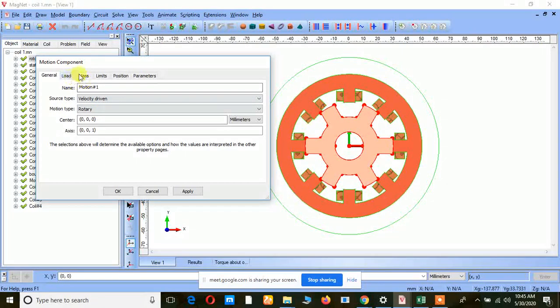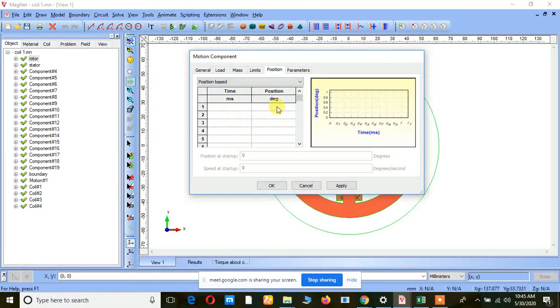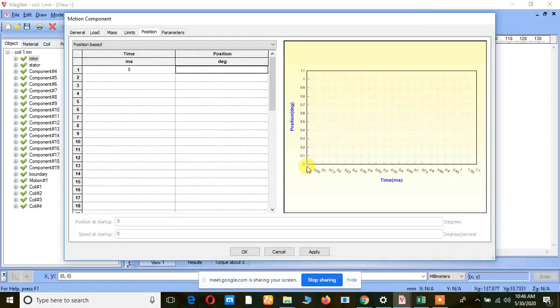Now what I am going to do here is give the time versus rotor position. So the time here, initially, will be 0. Such that we have to give the position, the rotor position should increase in the form of a linear graph.